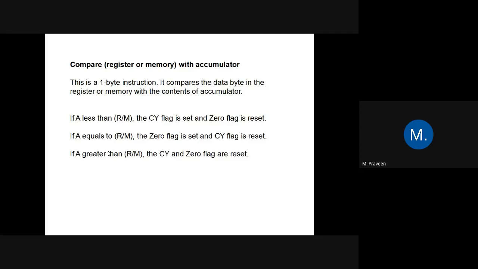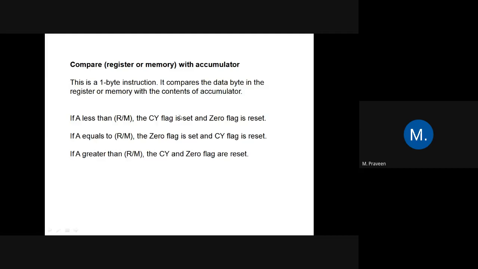So if the A value is lesser and the B value is higher, while doing the subtraction, definitely the carry will be 1. We are subtracting the lowest minus the highest. Therefore, definitely carry will be 1. And zero flag is going to be reset. Reset means 0. If A and B values are non-equal, definitely the answer will not be 0. If the answer is non-zero, then the zero flag will be 0. If the answer is 0, then the zero flag value is going to be 1. So according to the first condition, if A is less than B, then you will have the carry.